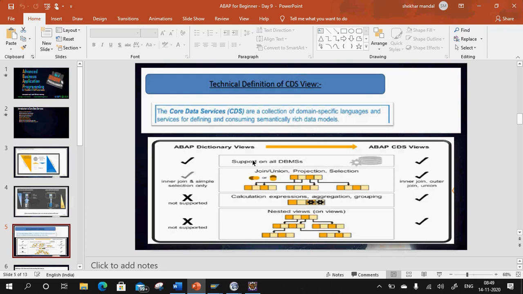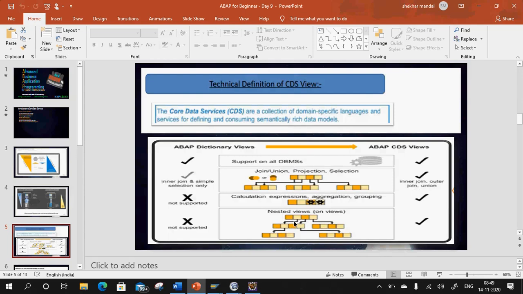It is not database dependent. So there were certain restrictions in your dictionary views wherein you were not able to use outer join, union and union all, but with CDS views all those restrictions have been eliminated. Then calculations, expressions, aggregations and grouping were not supported, whereas these all are supported in your CDS views.